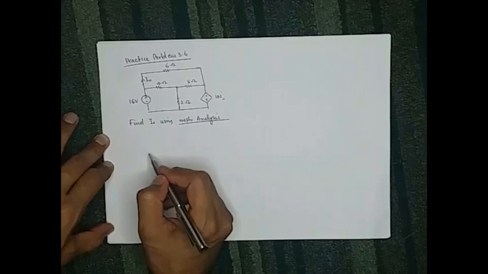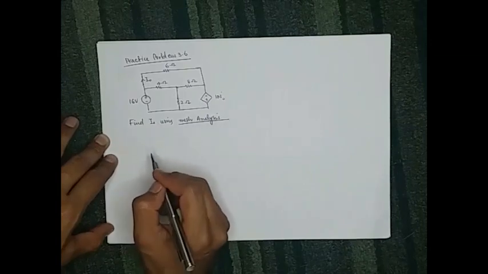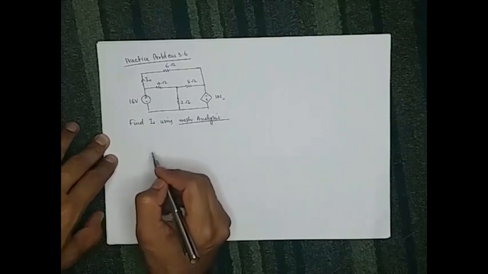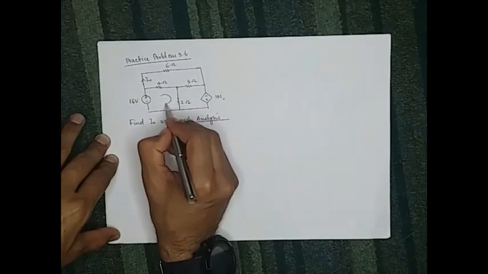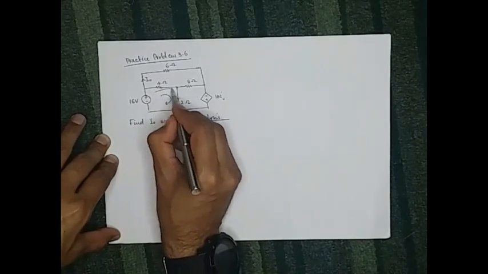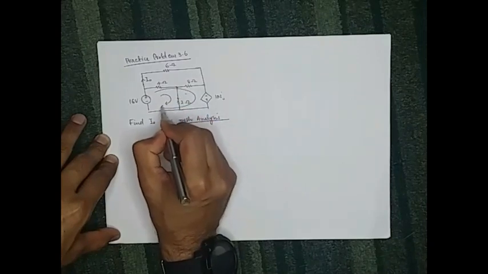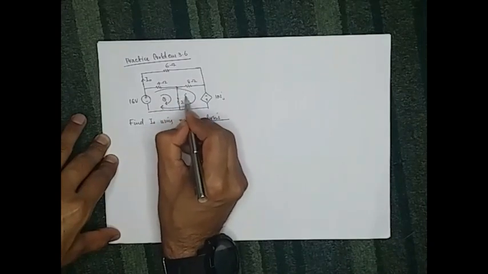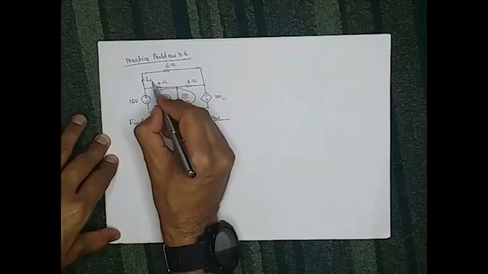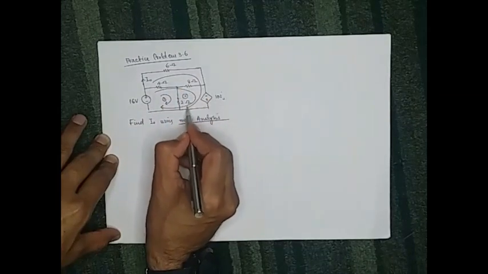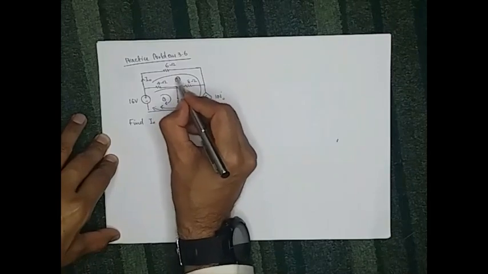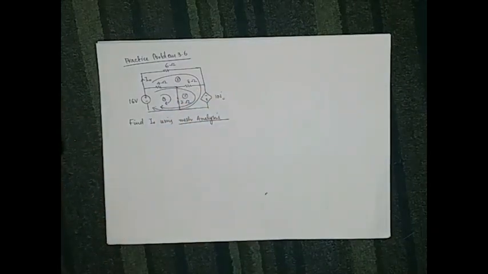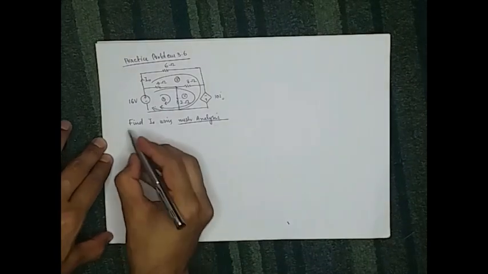लेट्स सपोज़ हम इस तरीके से मैशेस लें कि कोई भी कंपोनेंट्स मिस ना हो। सपोज़ फॉर एग्जांपल पहला मैश हम इस तरीके से लेते हैं, दूसरा मैश या दूसरा लूप हम इस तरीके से ले लेते हैं, यह 1, यह 2, और तीसरा हम बाहर आउटर लूप कंसिडर कर लेते हैं और हम देखते हैं कि क्या वही रिजल्ट्स आते हैं जो ऑलरेडी बुक में आ रहे हैं। सो लेट्स स्टार्ट विद मैश 1।